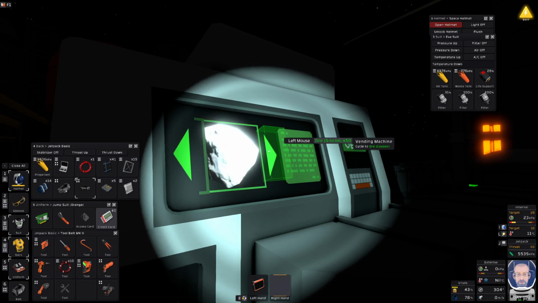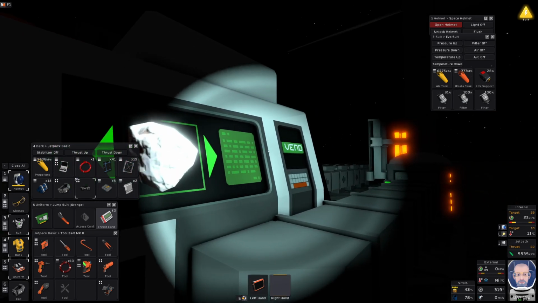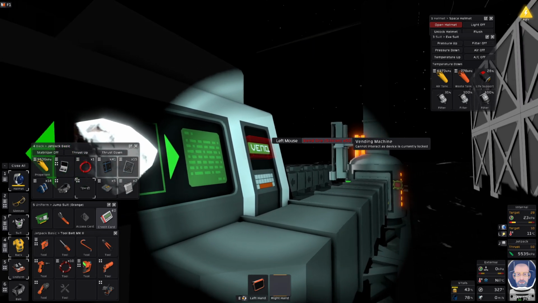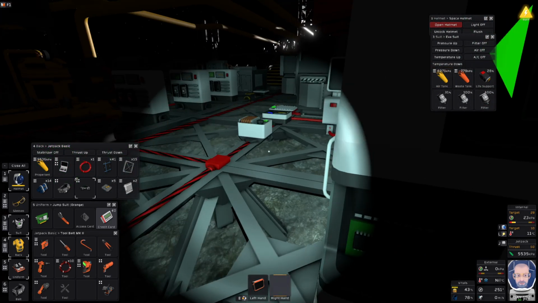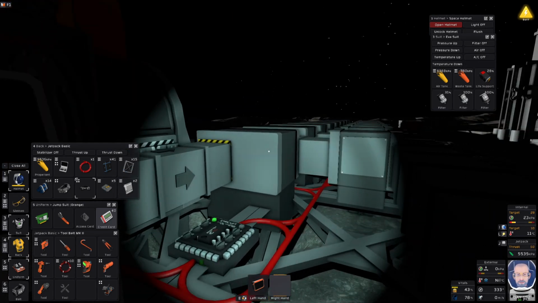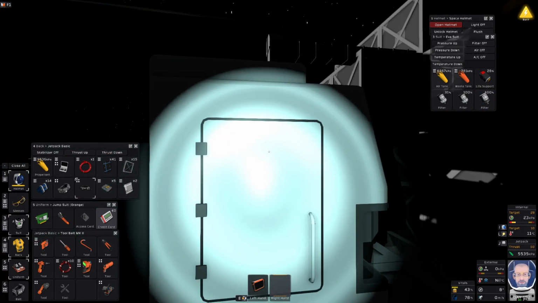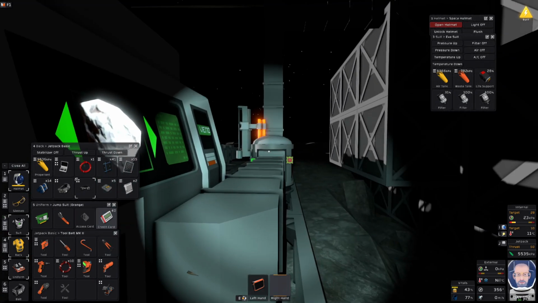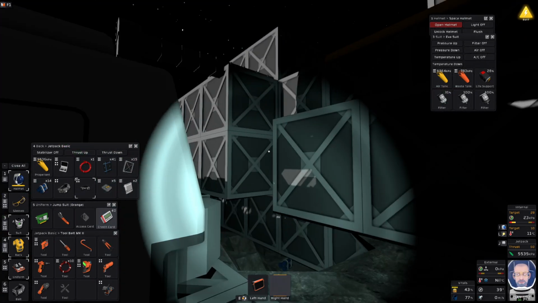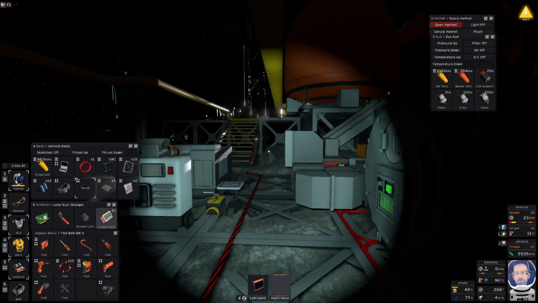So this only holds 60. Oh, I guess it won't let me run anymore. So this is full now. Did that clear that up? It did. So I have to pay a little more attention to this and have this feed and create ores, which then dumps it into my room. But anyway,